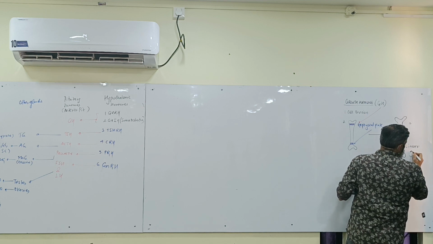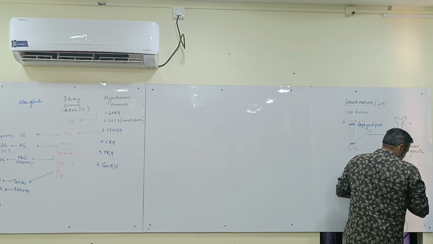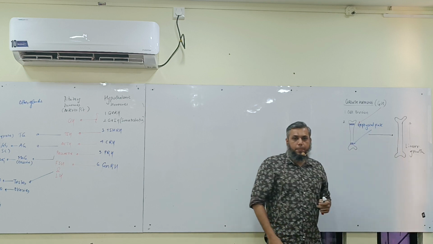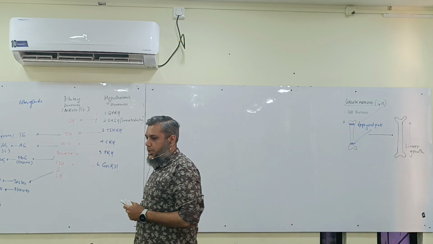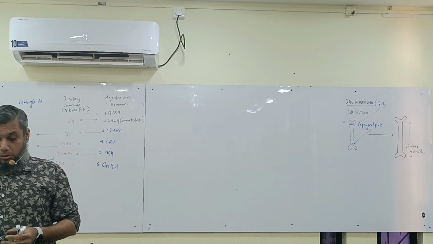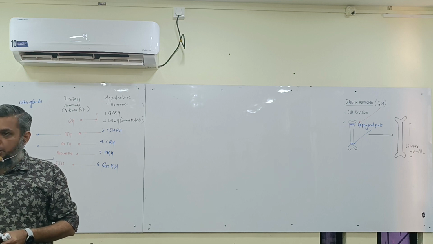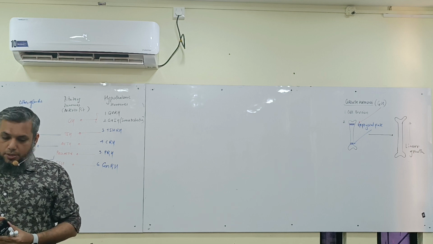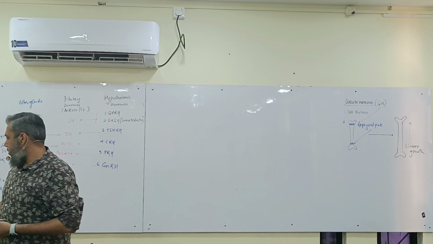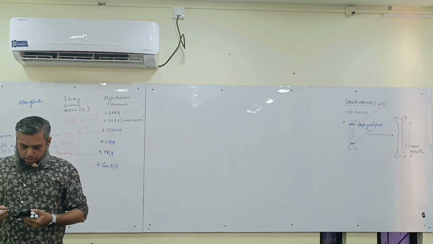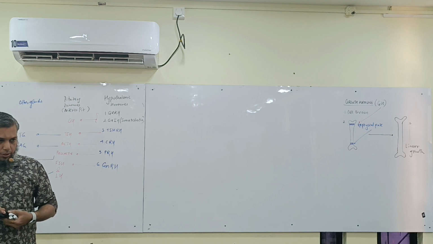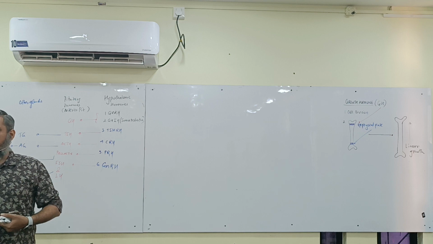So we'll say that it is responsible for linear growth. Yes or no? Yes. So that is how growth hormone increases your height. How does growth hormone increase your height? It acts on epiphyseal cartilage, causes its cell division, and subsequently it gets ossified, resulting in the formation of bone, and the length of the bone will increase. Did you get it, everybody? Yes. Okay.